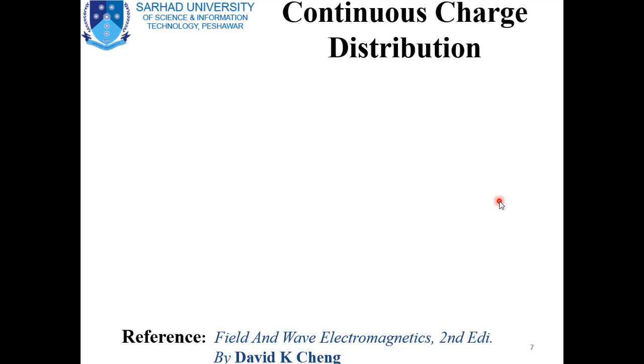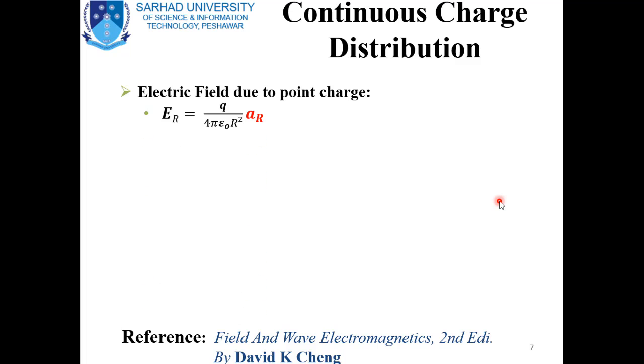Now in this slide we will discuss the electric field intensity due to a continuous charge distribution. In the previous slide we discussed the electric field intensity due to a point charge, or a discrete charge. For a point charge, the electric field intensity can be written as Q divided by 4 pi epsilon naught r square, and a_r is the radial direction of the electric field intensity at a point